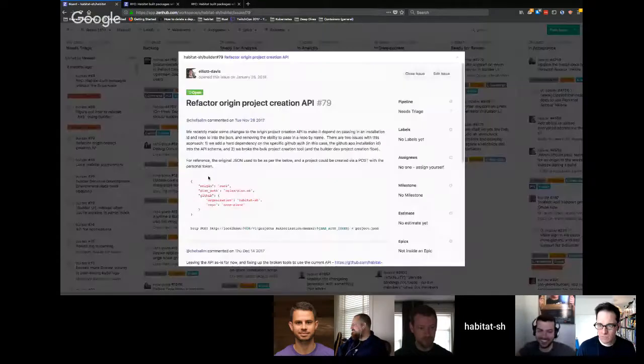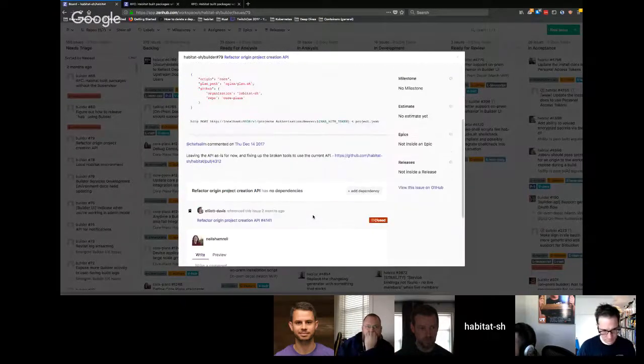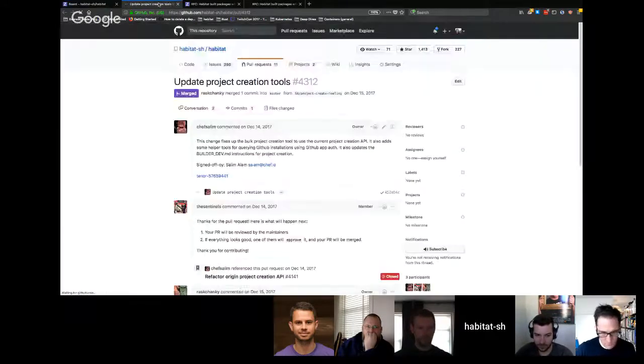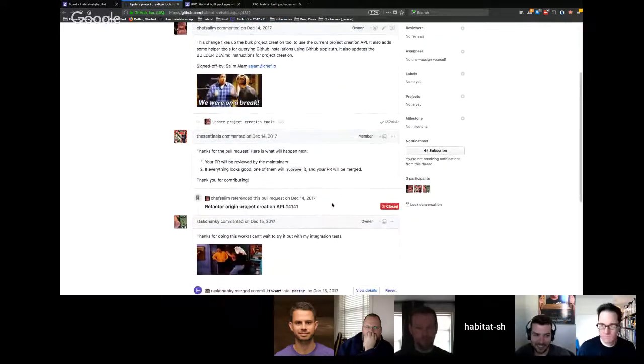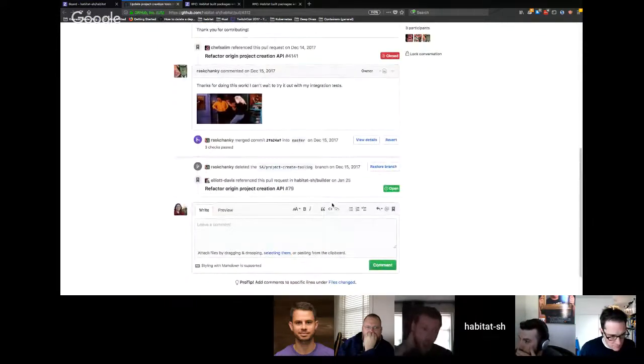All right, refactor origin project creation API. Okay, leaving the APIs to fixing out the broken tools. What's this? Oh, I remember when this went there.